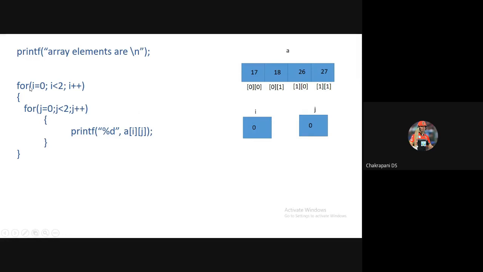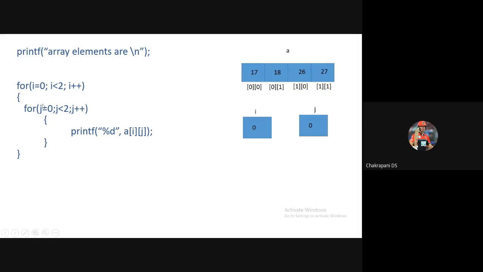The second for loop. Observe, for j equals 0. See, I'm not using i again in the second for loop. Instead of i, I'm using one more variable called j. j represents the column index value.